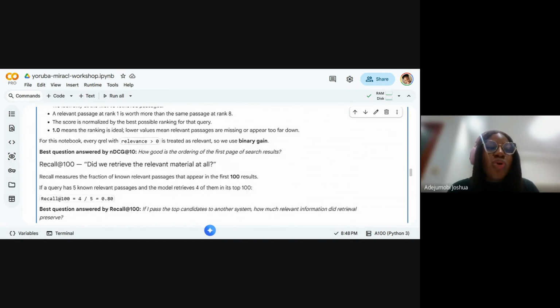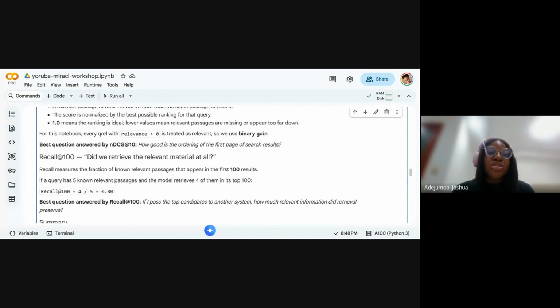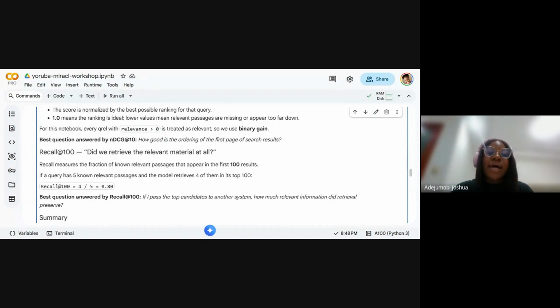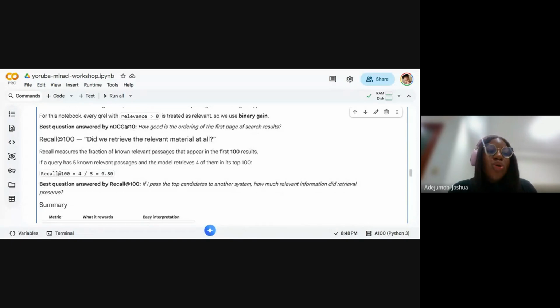And then we also have the next one, which is recall at 100. Recall is saying, did we retrieve the relevant material at all? So you can see the difference between NDCG and recall at 100. When you want to use an embedding model, based on the metric that you use, you are going to get